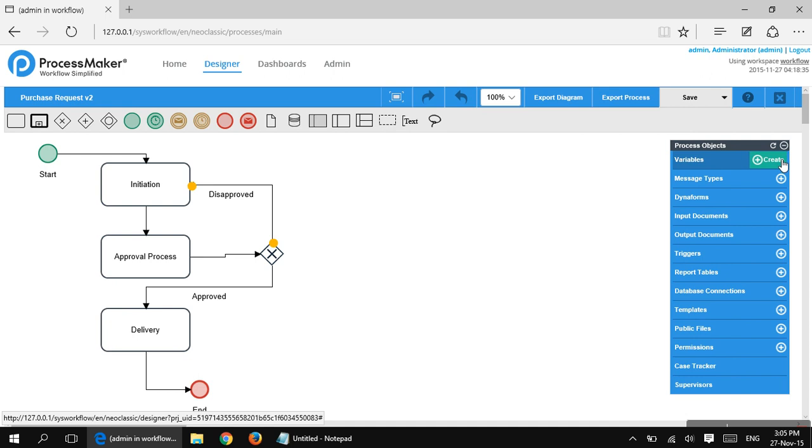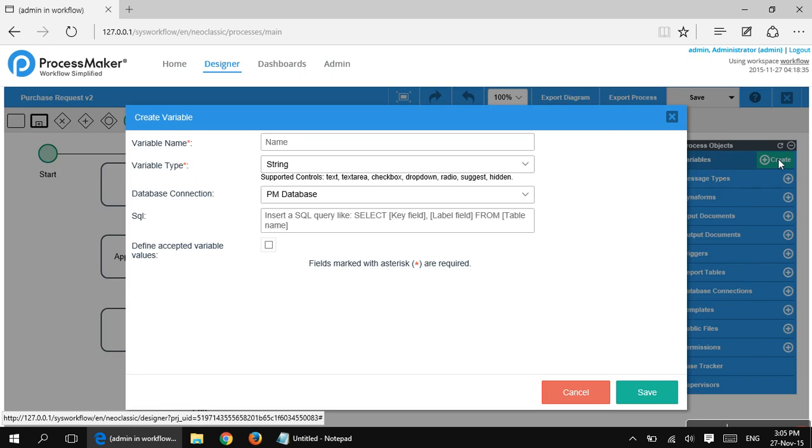So these variables are actually, let's say x, y, or something, some variables on which the data, the form on which the people have entered data, would be stored. So first variable would be name. I will keep the variable type as string, and for our basic understanding, I will keep all this default. Save it,